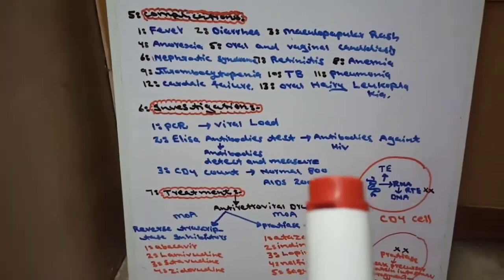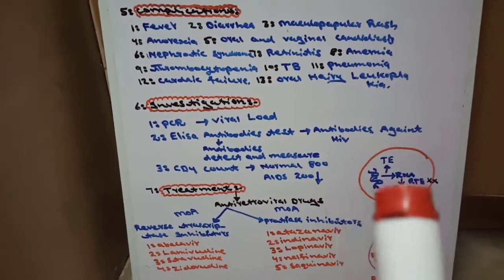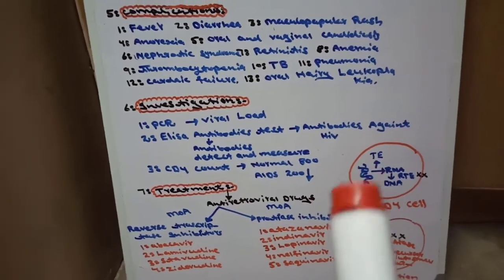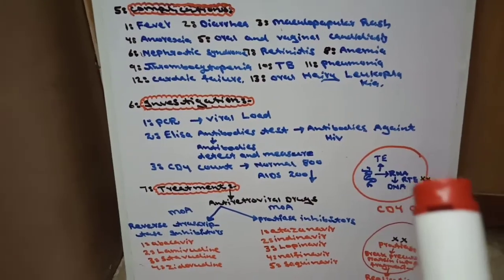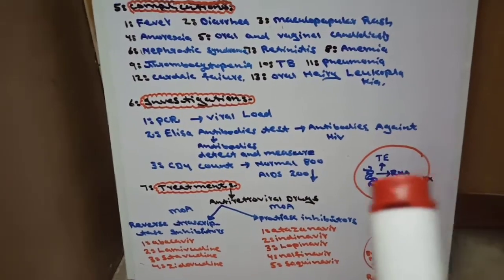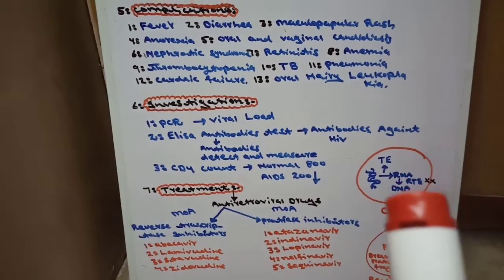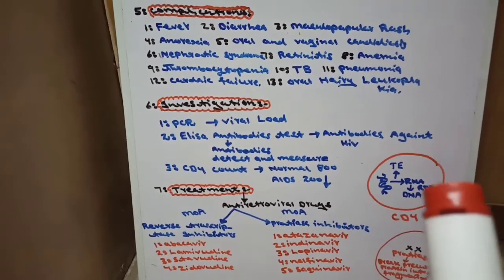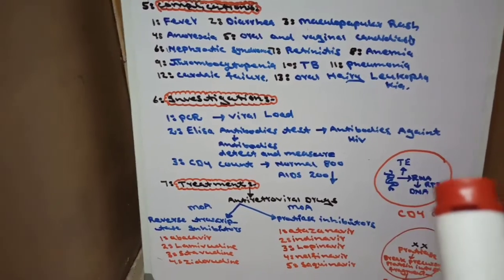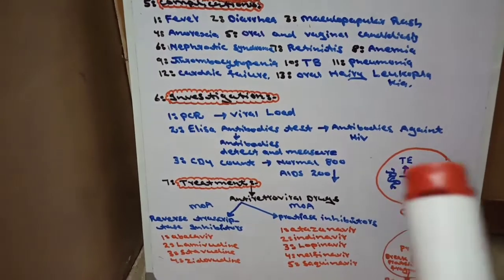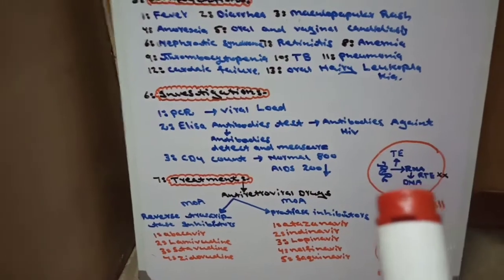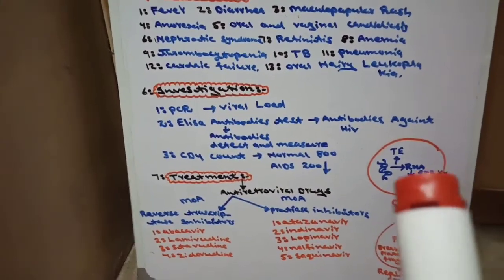First, what is transcription? Formation of RNA from DNA is transcription, and the transcriptase enzyme is used from DNA to RNA. Now, from RNA to DNA, the reverse transcriptase is used. Then this viral DNA meets with our DNA and further processes continue. But if we inhibit the reverse transcriptase enzyme, then DNA is not formed from RNA and the process will be stopped. The replication will be stopped. The first drug is the reverse transcriptase inhibitor.